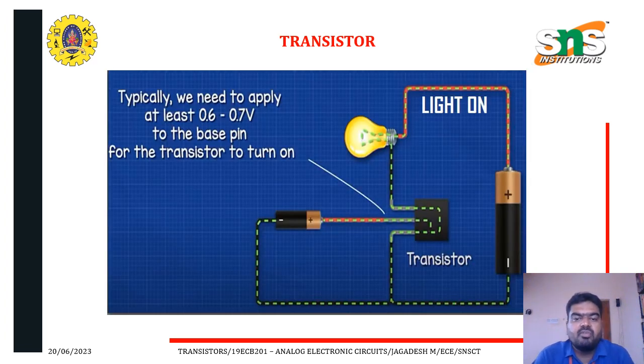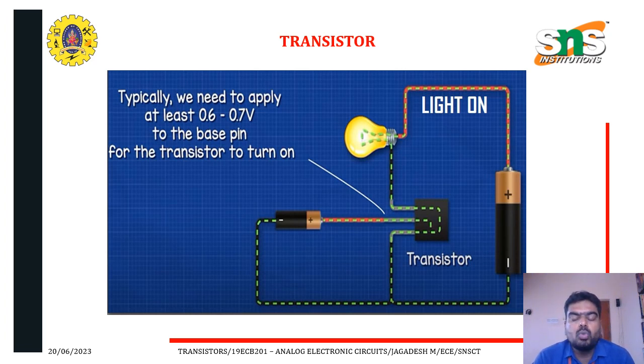And in the case of the base terminal, here we have connected one more battery. So automatically this creates some current flow in the transistor, so the bulb at the end will be on. Typically we need to apply at least 0.6 to 0.7 V to the base pin